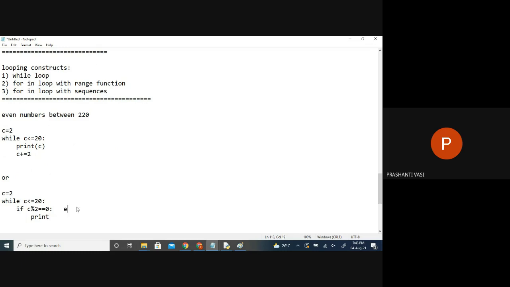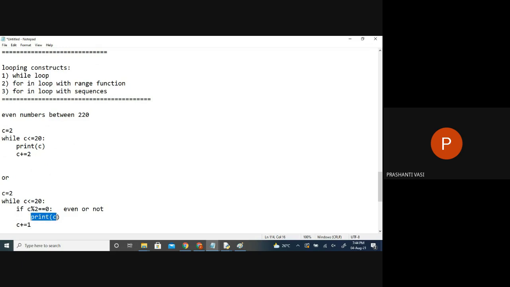So is it an even number or not? If it is even only, we are printing that number. Otherwise, we are not printing. So this is a condition. Every time it's checking if it's even or not. 1, no; 2, it's even, it will print. After that, we'll go to the next number. So next number we have to go by like this.